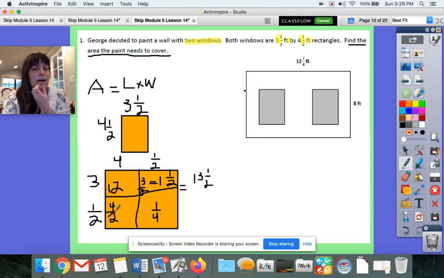And 4/2 plus 1/4. So I'm going to convert my halves into fourths. So 4/2 would be 2, and 2 1/4. And then we add these guys together and we get